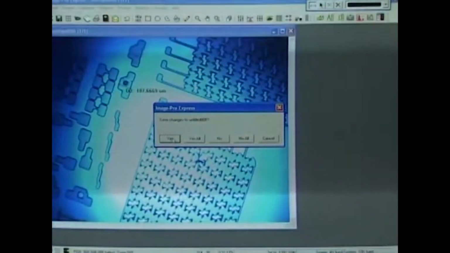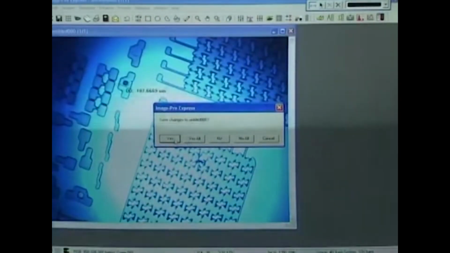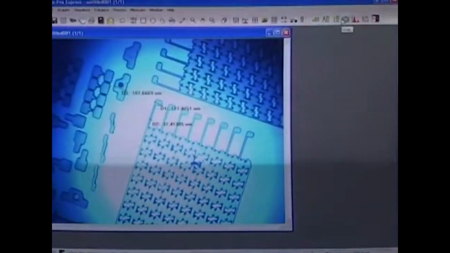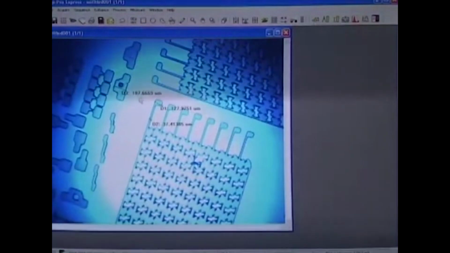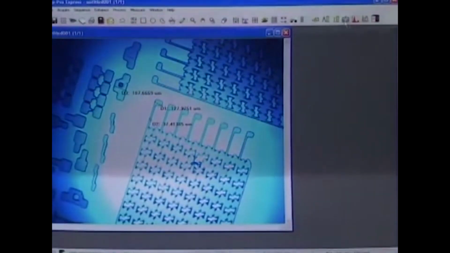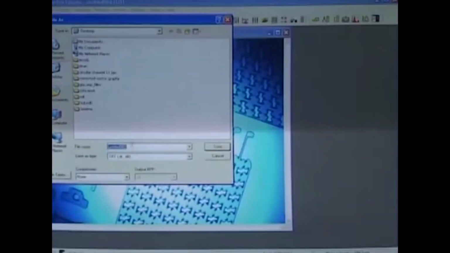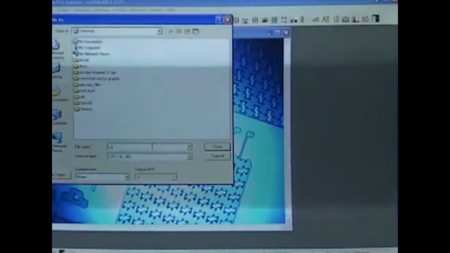So, we save changes to untitled. We actually save by going to this snap option. We take this as a snap because we have done the measurements here. Even this needs to be snapped for saving properly. So, we snap it and then go to file and save this as, let us say, experimental